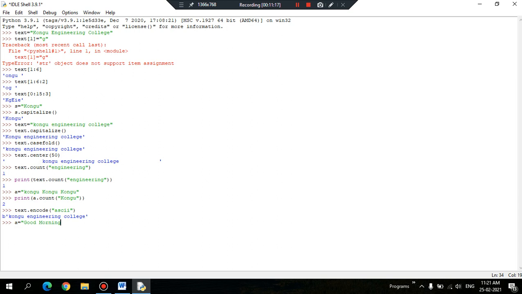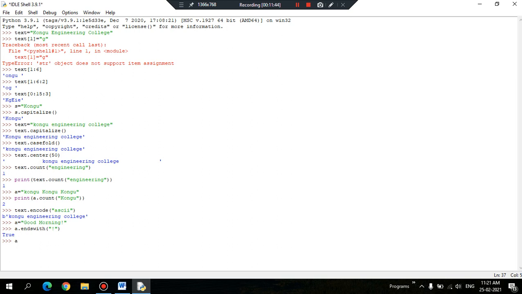And I'm going to have a character, or anything else it may be. You can take anything. Okay, and now I want to check for endswith as the function, and I need to specify the searching thing here. Yes, it returns either true or not. It returns a boolean value, either true or false.